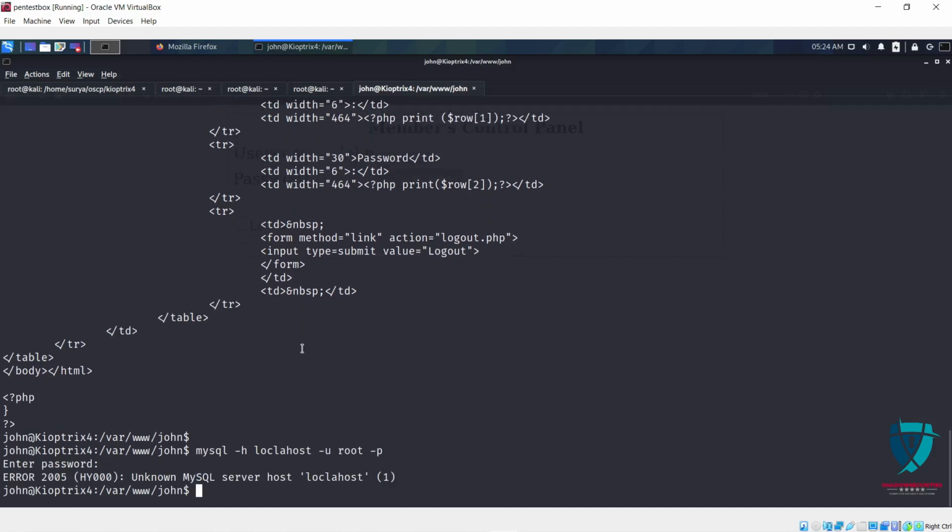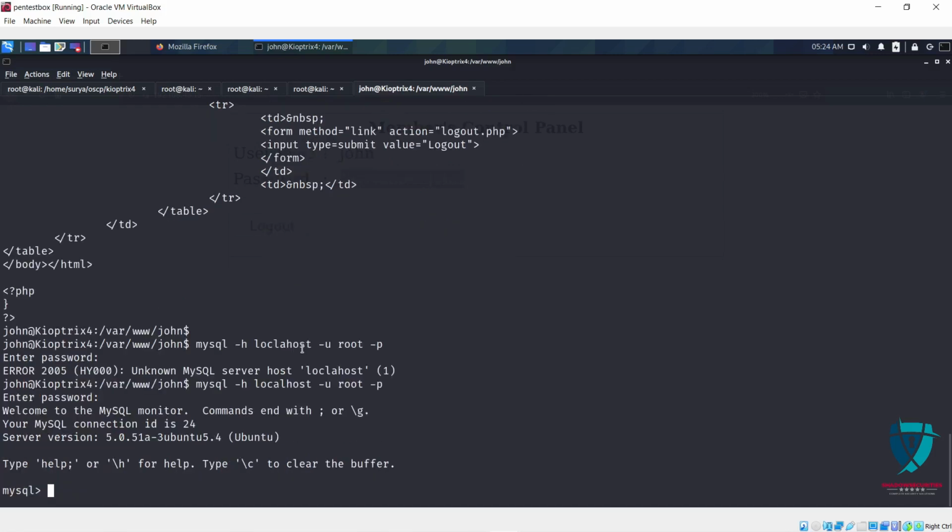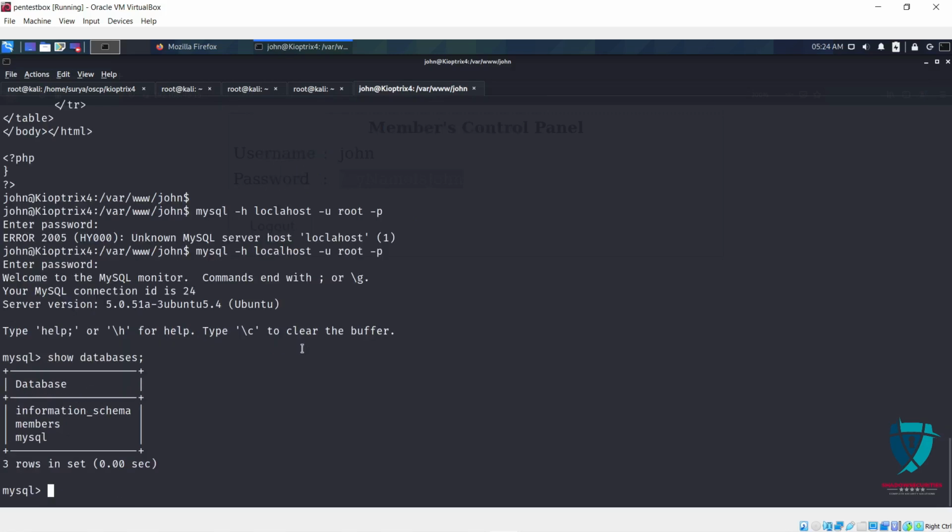Okay, so it was showing the MySQL server host, localhost, and there is no password. We are in the MySQL, then type show databases. As we can see here, there are databases and right now by using this MySQL weakness, we are going to add John into the sudoers, and by adding John into the sudoers, we can gain the power to use sudo as John. That's it by using this MySQL weakness.